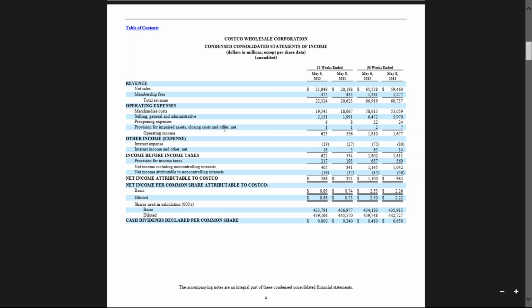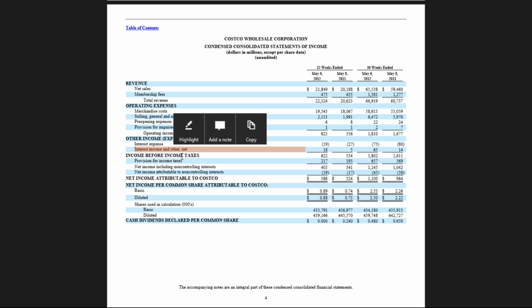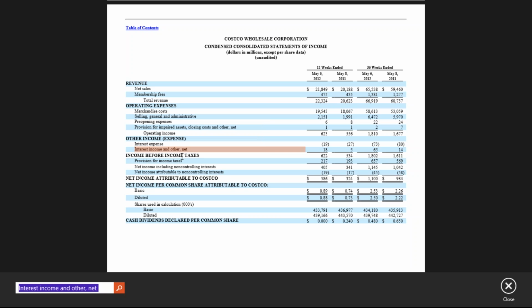Okay. Other income, here's interest expense. Here's interest income and other. Again, if you see interest income and other, you want to break out the interest income from the other income, because for us, for bankers, we have interest as a separate section. They seem to blend interest and other income all as one big section. We want to separate interest from other. So interest income and other, when I do a word search on that,